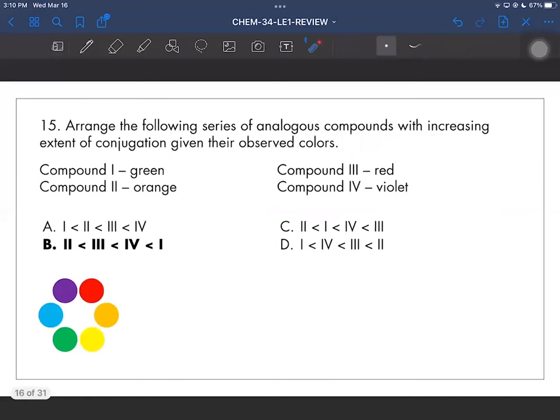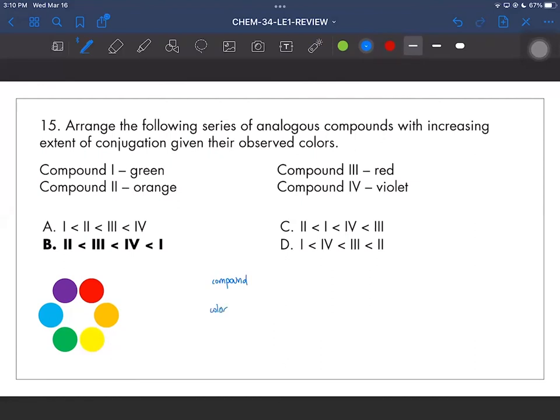Number 15, arrange the following series of analogous compounds with increasing extent of conjugation given their observed colors. Compound 1 was green, compound 2 is orange, compound 3 is red, and compound 4 was violet. So for this, we'll have to look at the color wheel, because the colors that are being reflected, their complementary will be the color of the wavelength of light that is absorbed. So if we take that all down in a table,